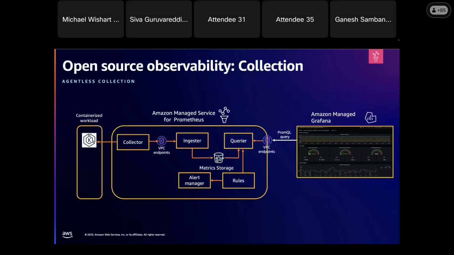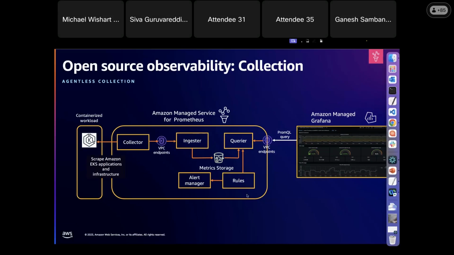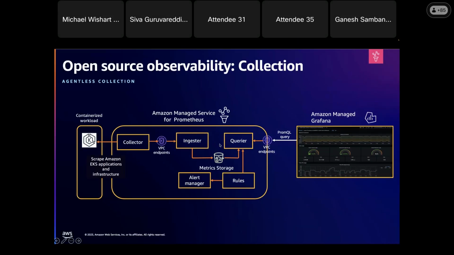So how does this process work, right? For your EKS cluster, while creating your cluster, you can enable the Prometheus agent collection with a single click. I will show it in a demo in a few minutes. You can just enable that Prometheus, and all the scraper config and the endpoints are configured by default. Once the cluster is created, the Amazon Managed Prometheus workspace is created automatically. If you have an existing Prometheus workspace, you can use it, or you can create a new one. And then you can use Amazon Managed Grafana to visualize the dashboard.